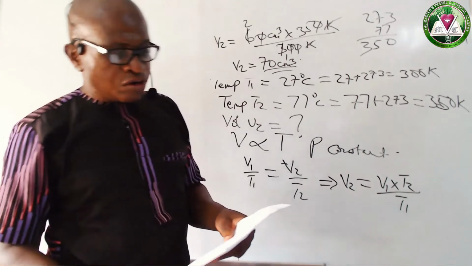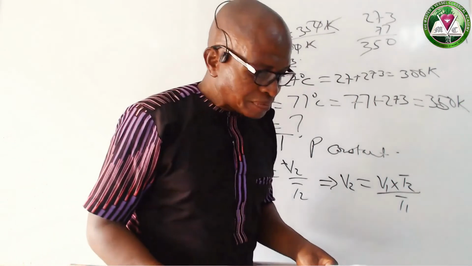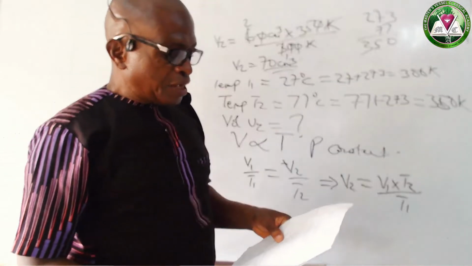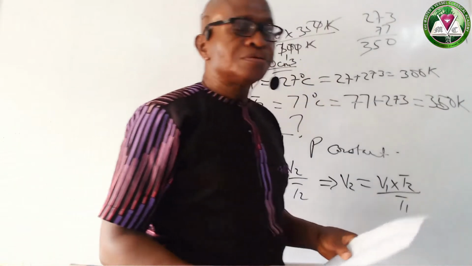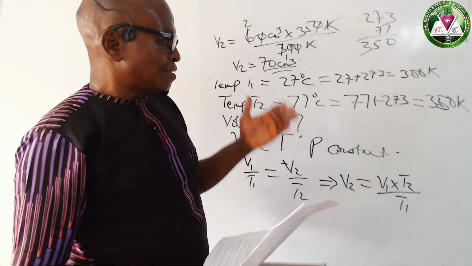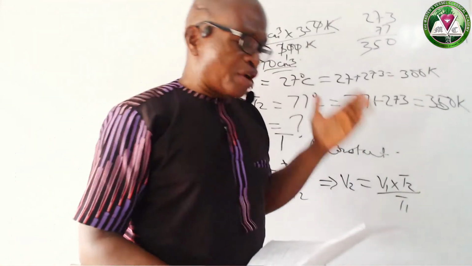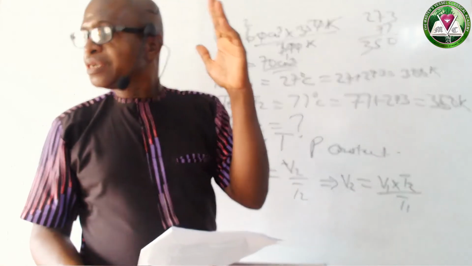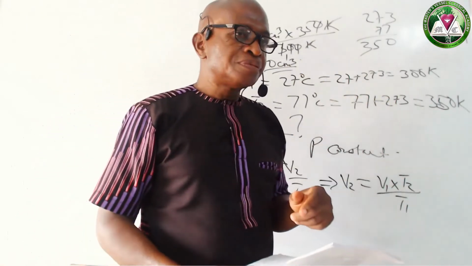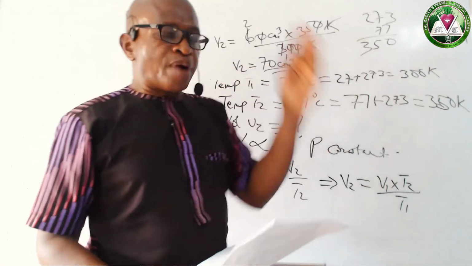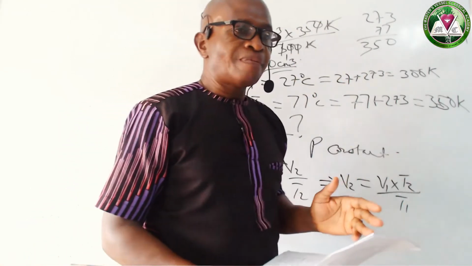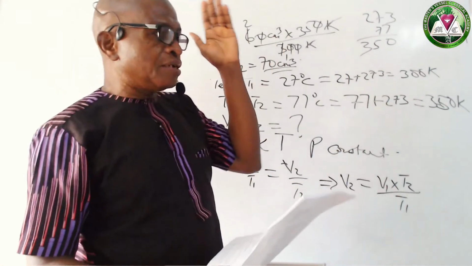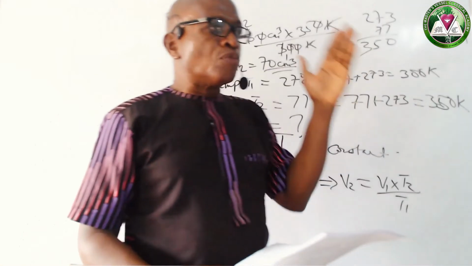That is the answer for number 20. Then number 21 says the pressure of a gas is due to... You know that a gas is always contained in a volume, a given volume. And you know that pressure is force over area. That given volume is an area, which means that the pressure of a gas must be